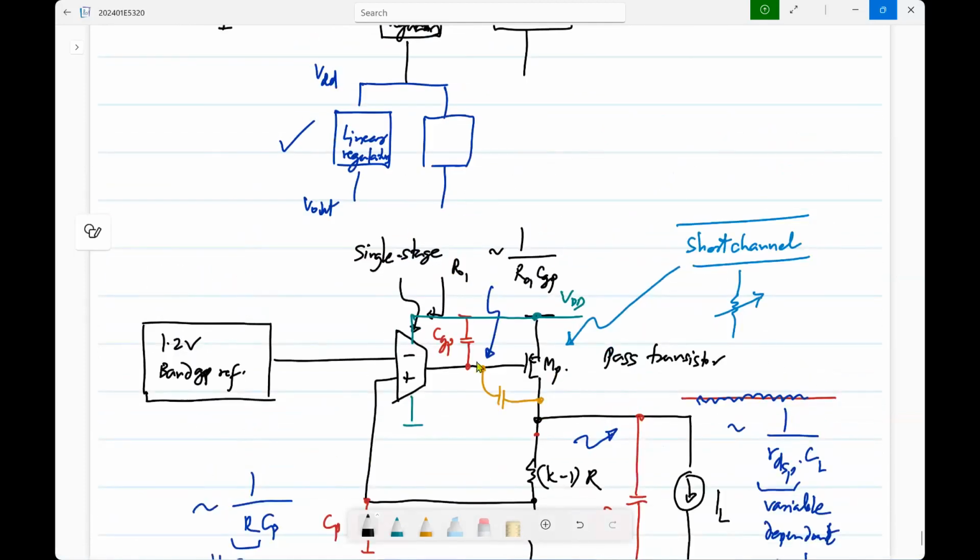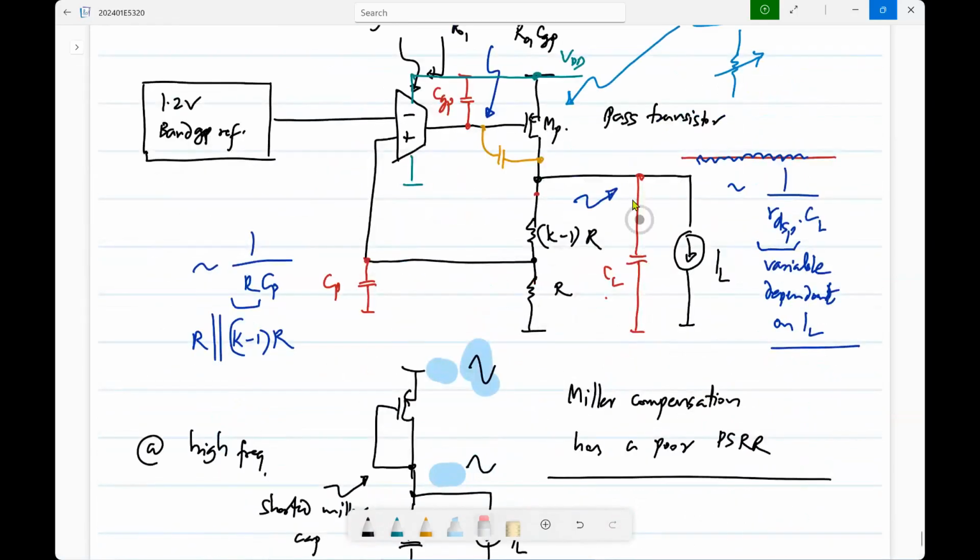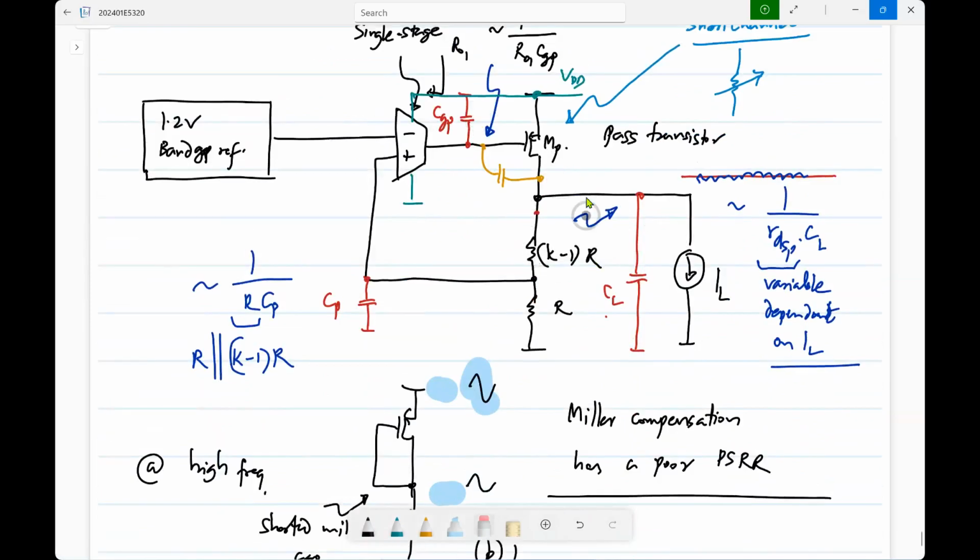Otherwise, you can try to actually have a large capacitor in place of CGP. That is, you add more capacitance. That is possible, right? You try to make that the dominant pole. Now, if the picture is exactly like this, you cannot do it because you will have a non-dominant pole. I mean, you'll have a dominant pole here and also there. Okay, we'll see what to do about that. So the first thing is